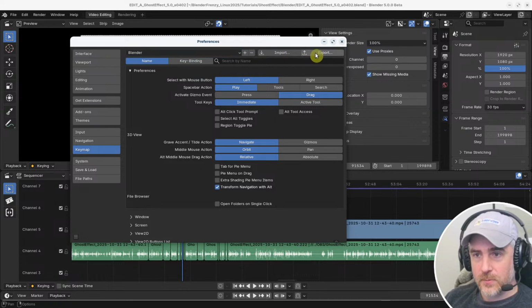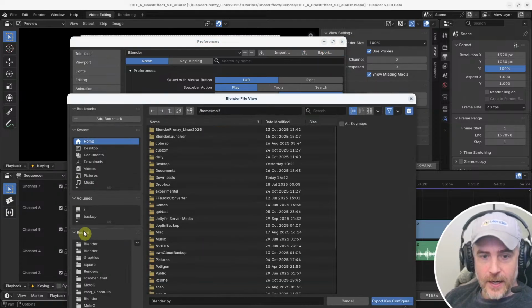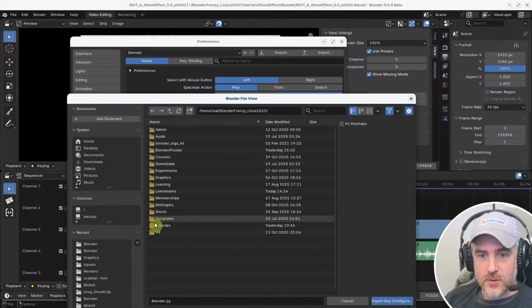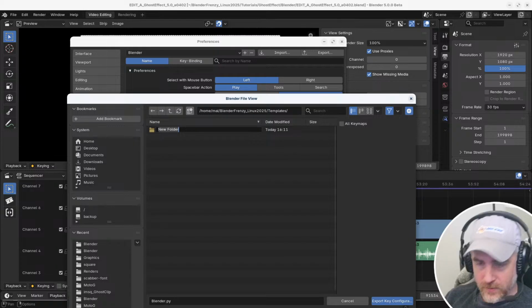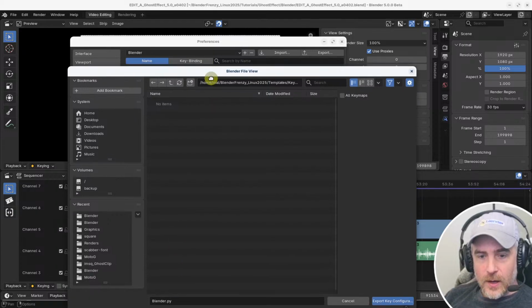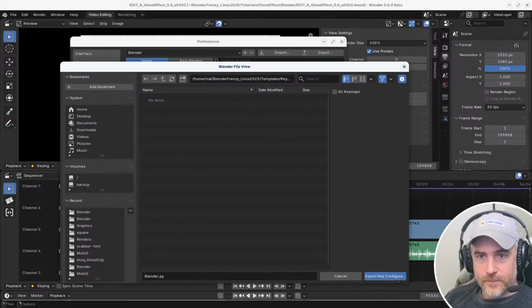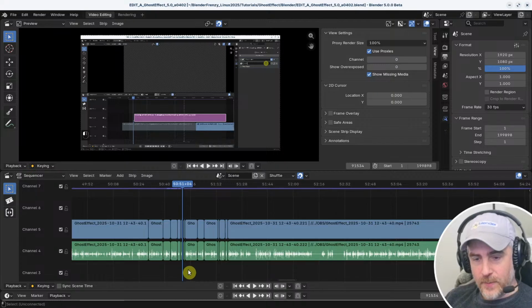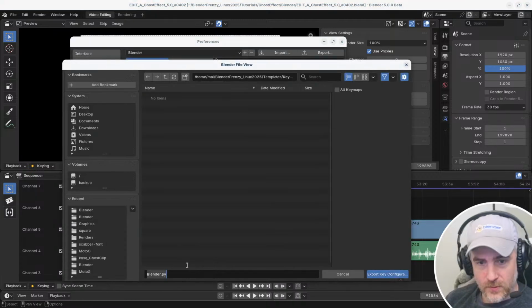So this is regular Blender. I'm just going to export it, and I'm going to go to, I don't know, let's just do templates, and then we'll create another key maps. I don't know where to put it. And so I'm just going to name this like I've been naming it, really fast cut,